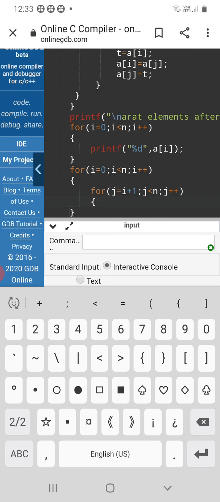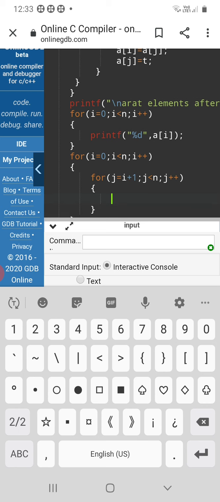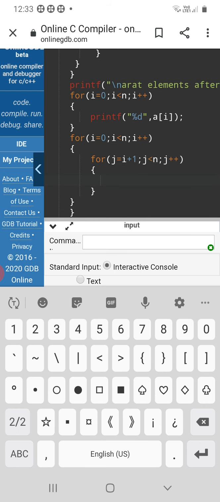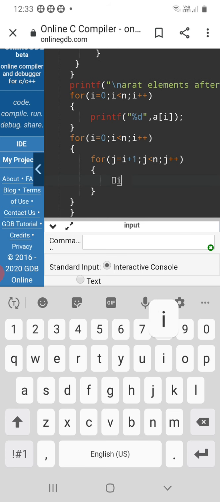Next, use curly brace for the nested loop again. Then I'm now using the if statement to check whether the condition is true or false. It executes if it is true and neglects if it is false.